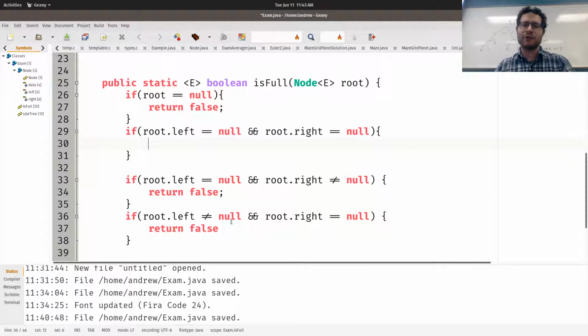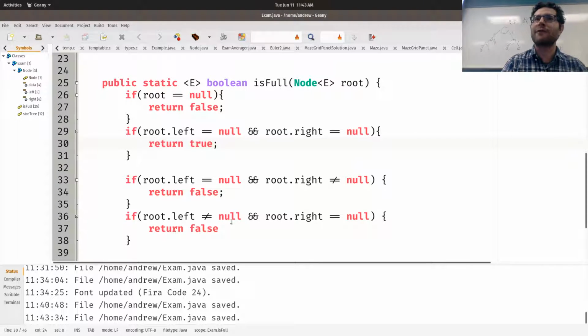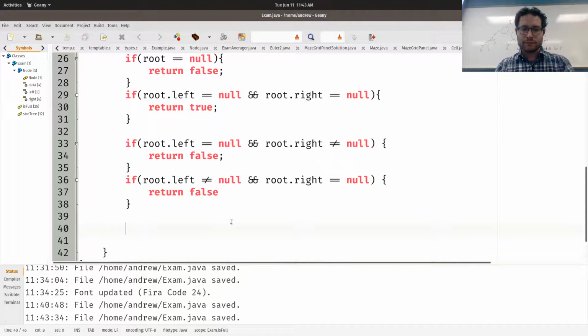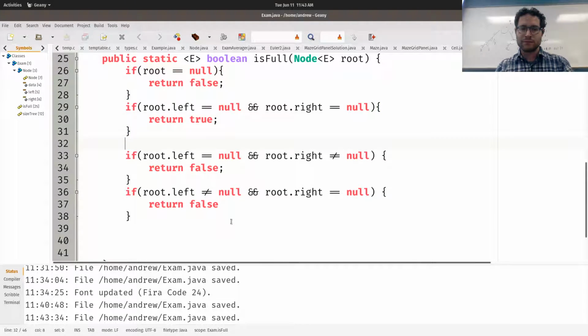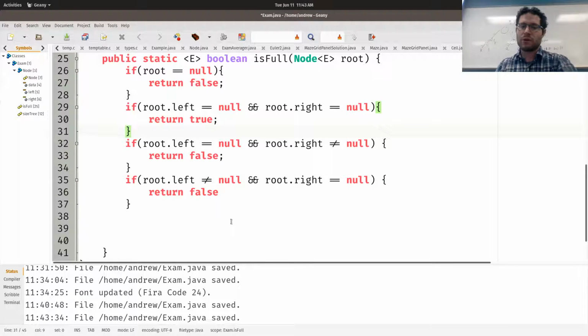If I have no children, then I don't have anywhere to recurse, so I'll just simply return true. If I don't have a left child and I don't have a right child, guess what? I have nowhere to go. That's a base case. Return true. My subtree is full. Okay? Now on the other hand, if we go through all these cases and we hit the end, then we're in a bit of a situation here. We're basically where we have a